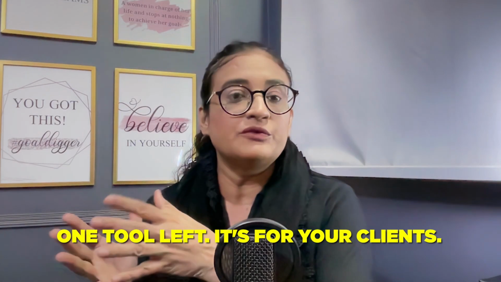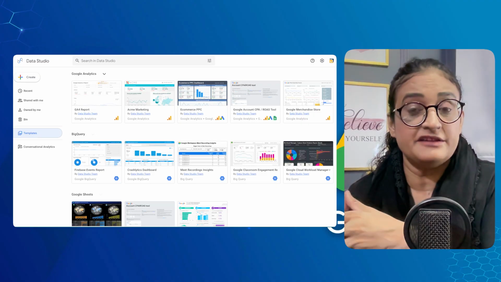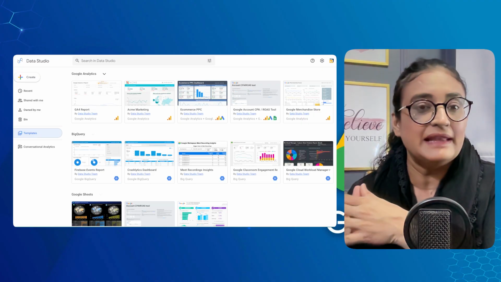Now here we talk about reporting. So the last tool is all about reporting, and that is Looker Studio with Gemini. Client reporting used to eat my Fridays. Now Looker Studio pulls live account data and Gemini drafts the performance summary. What changed, why it changed, and what is next. You edit, you send, and you are done.